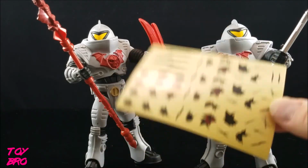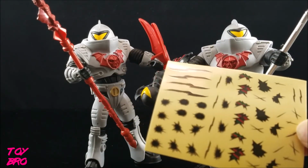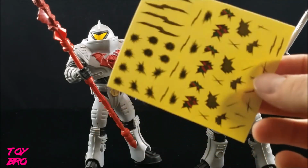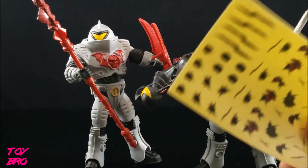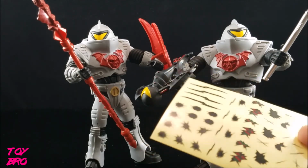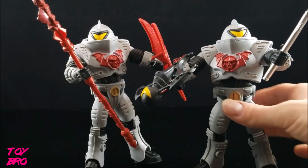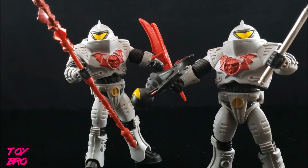And this is exactly the same thing that comes in the Hover Robots 3-pack. It's the exact same sticker set. So this is in there. You could pop them all over your Horde Trooper. I probably won't. I don't care for stickers in that regard. But it's a cool little addition that they threw in there. So I am very pleased overall with